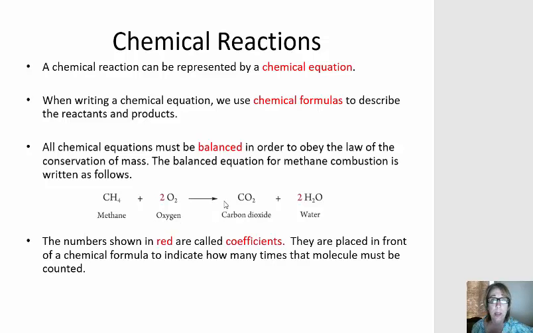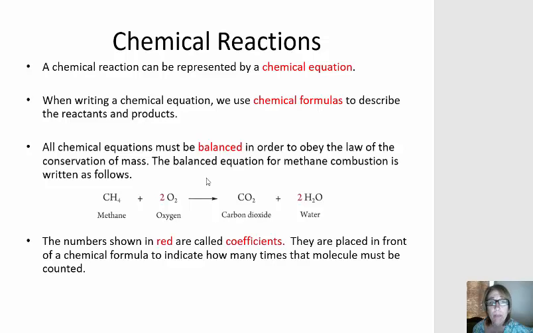There's the arrow here that separates the reactants from the products, and there is a plus sign between chemicals on either side of the arrow. Now, for a chemical equation to be useful, it needs to be balanced. And what we mean by balanced is there are the same number of atoms of each element on both sides